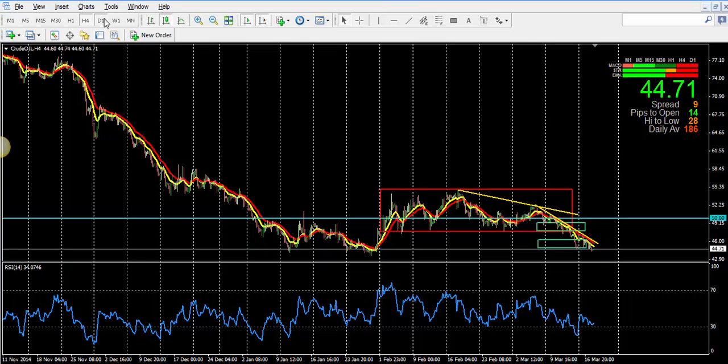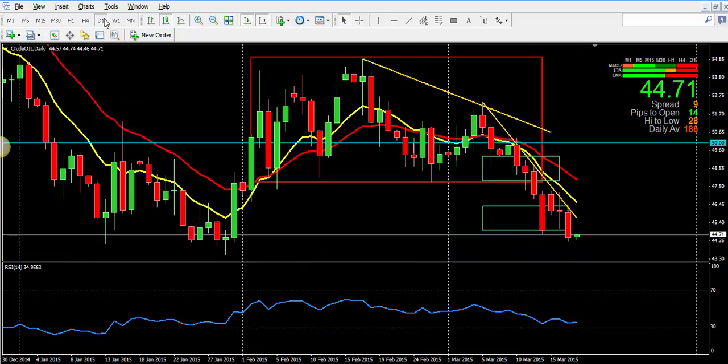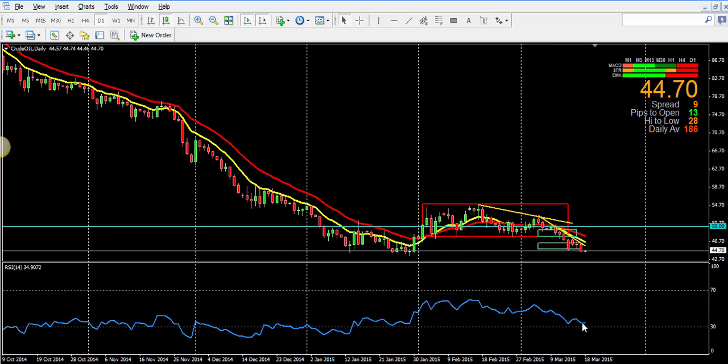Crude oil markets. Let's switch to our daily chart as usual to do our analysis. We've got consistent lower lows on the crude oil, no higher highs, no higher lows, nothing. RSI is still bearish and it has not entered into an oversold region. And there's a high probability we are going to break below $43 or even $40 a barrel, according to the